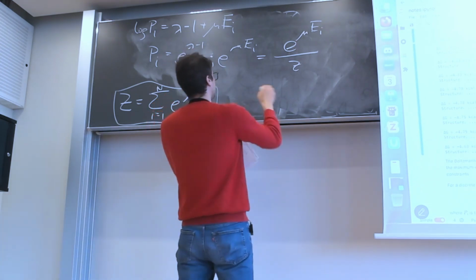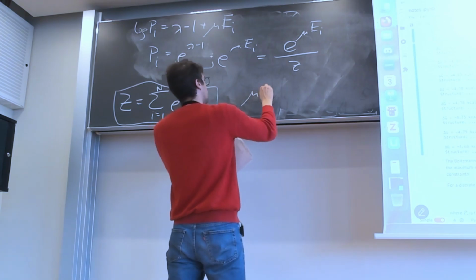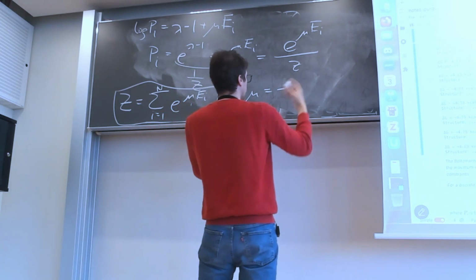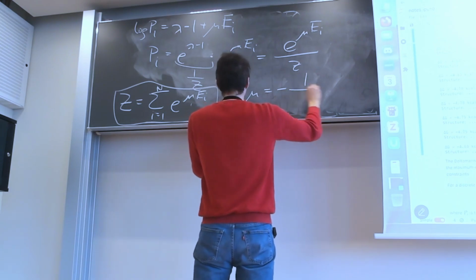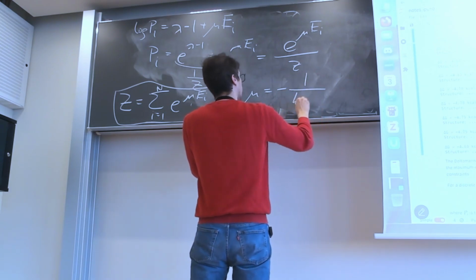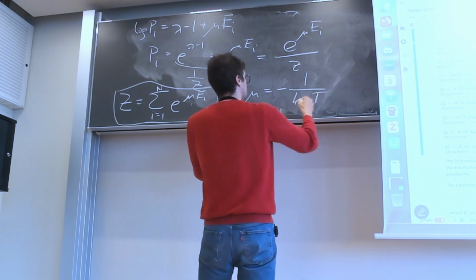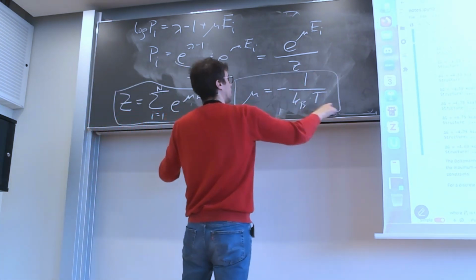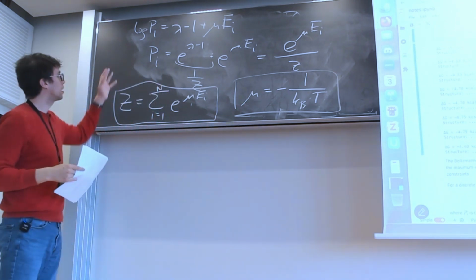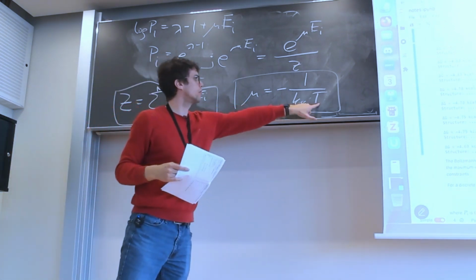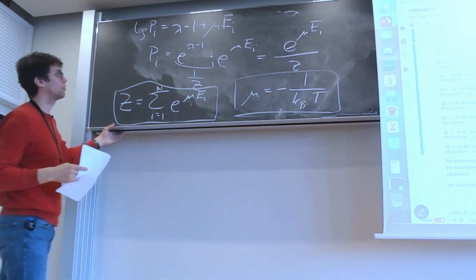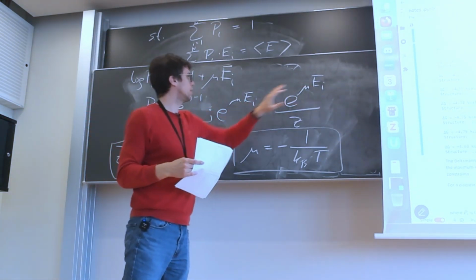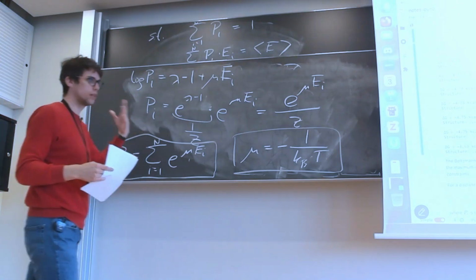And it turns out that mu, and this is not extremely easy to show, but it can be done, that mu has to be minus 1 over Kb times T. T is the temperature, Kb being the Boltzmann constant. And then we have our formula. Kb is just a constant, and T is just the temperature that we have to know. And then we can go from the energy to the probability, and thus the ratio of